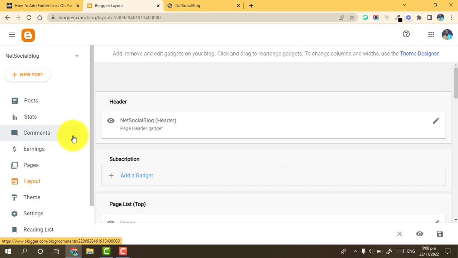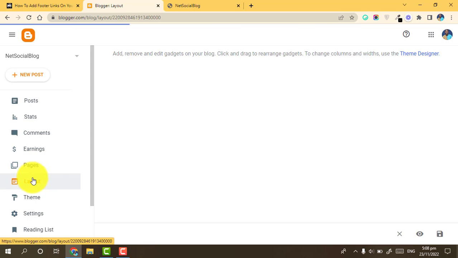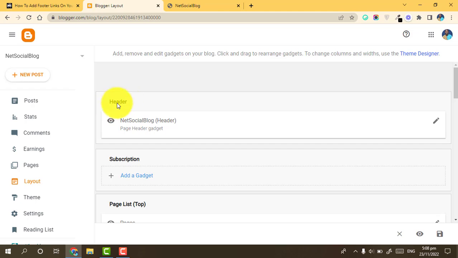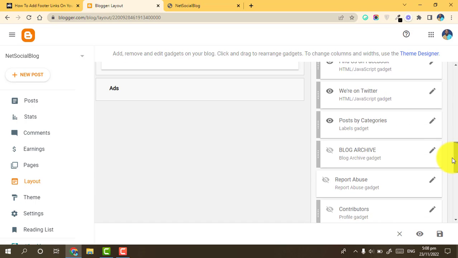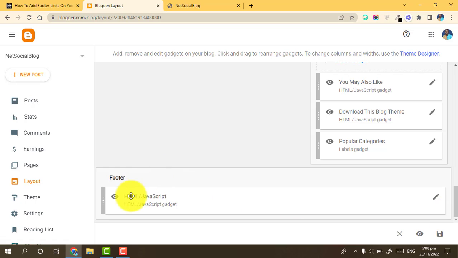So this is the Blogger blog dashboard. You click on layout. When you click on layout, we have the header tab, which is where you can add the widget for header, and we have the page list, the feature, and the sidebar. But in this case we want to add it to the footer of the website. So this is the footer, but because I've already added the footer code before,